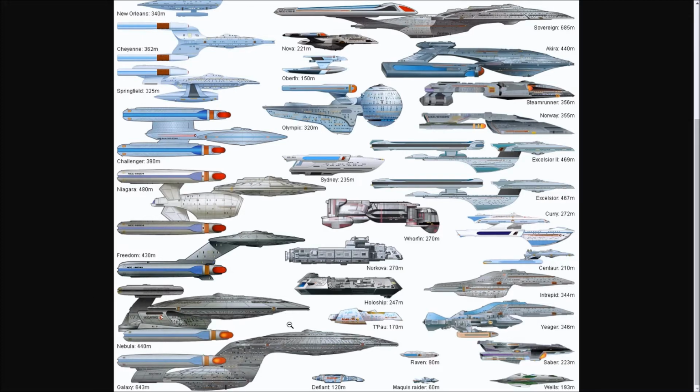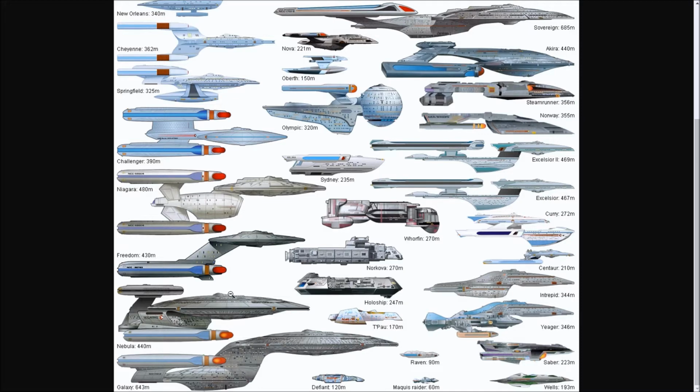As of course we can see, smaller ships like the Defiant and the Intrepid class can be significantly powerful as well. But what we do have to note here is the scaling of the Nebula class, the physical size of it. And many people say that it was originally intended to be smaller than the Galaxy class. However, if we actually look at the model,